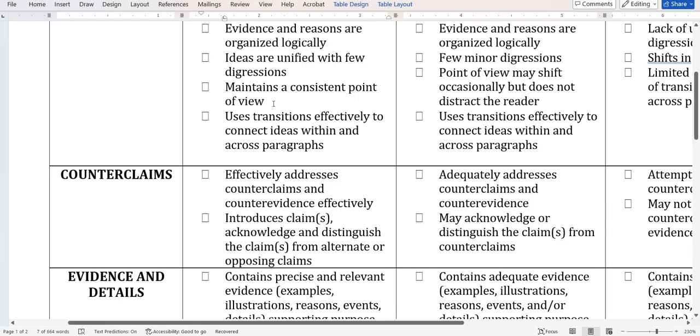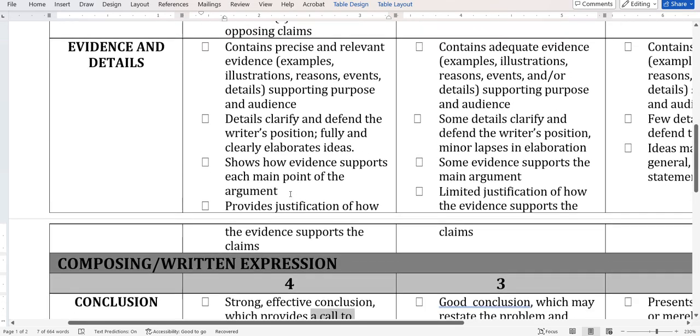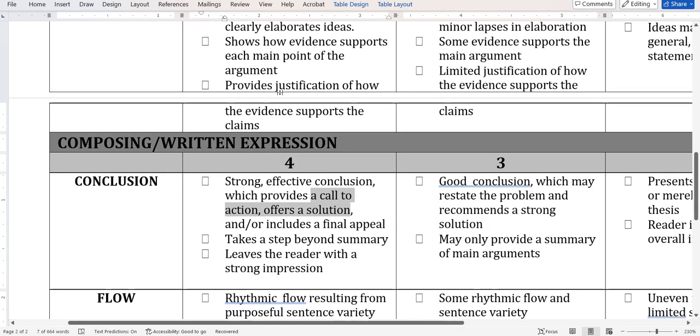So that means I'm not switching to "I think" or "I say" or "you should do that." I maintain a neutral third person: they, them, he, she, just talking about other people. Use my transitions, did my counterclaims, gave specific examples, used my details to clarify what I was saying, show how